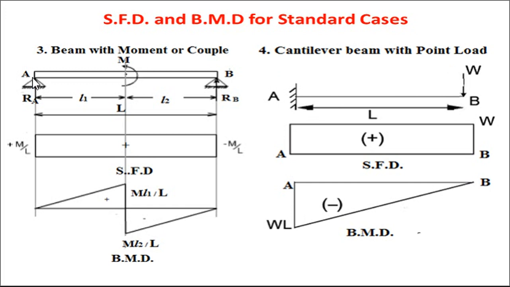In case of a simply supported beam, what happens? Because both the ends are supported, bending is like this. So in this case it will be sagging, so bending moment will be positive. In case of simply supported, it is sagging, and in case of cantilever, it is hogging. Cantilever or overhang, in that case, it will be hogging.